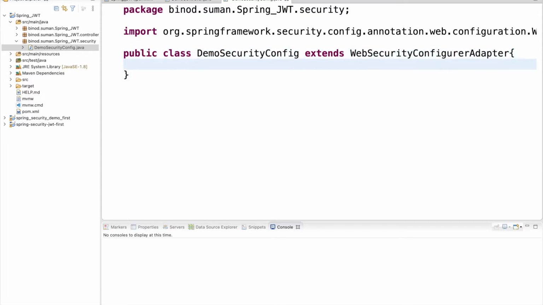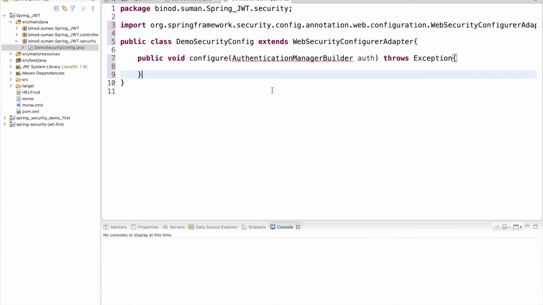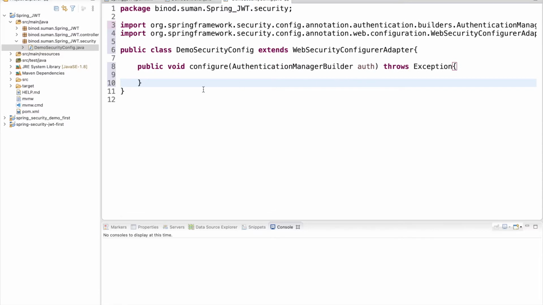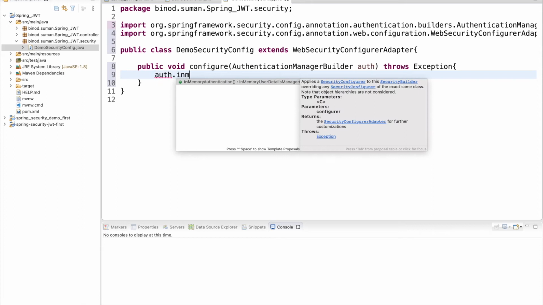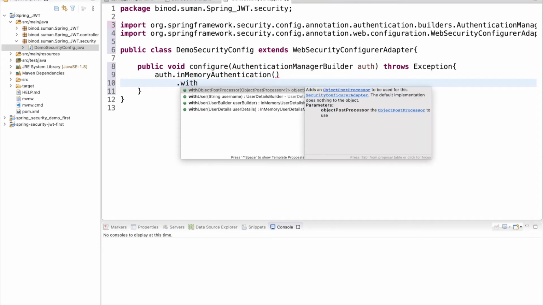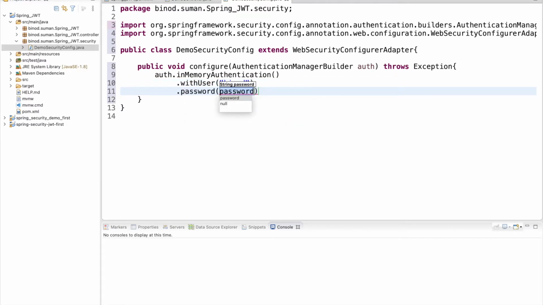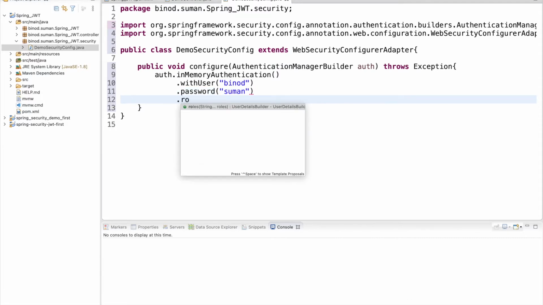And here we are going to use hard-coded values for the username and password. We are not going to implement any database steps, for an easy demo. So what you have to do here is make auth.inMemoryAuthentication, right? And with user, give the username Vinod, then the password, and give the roles.